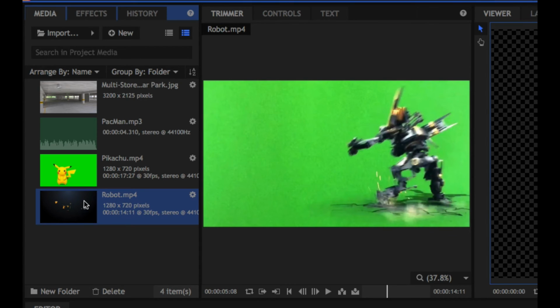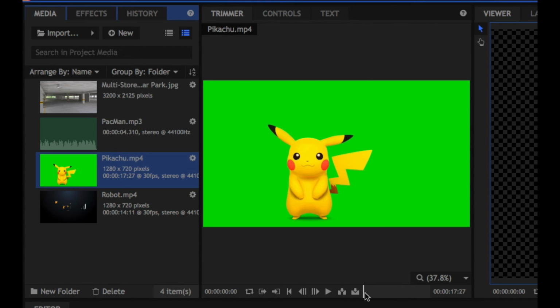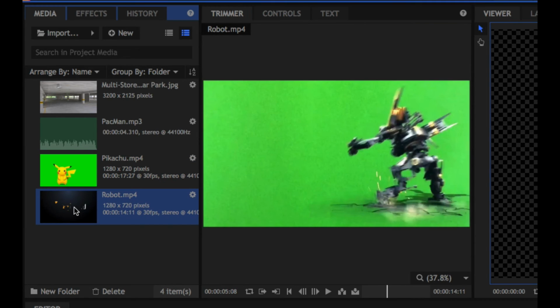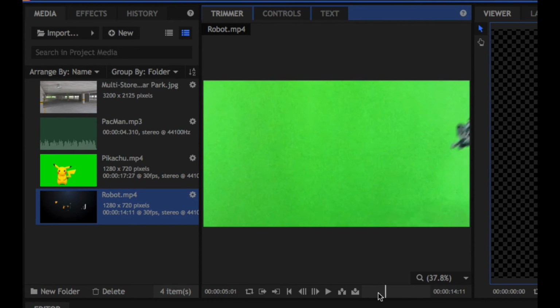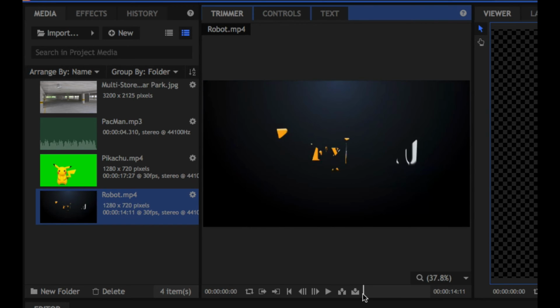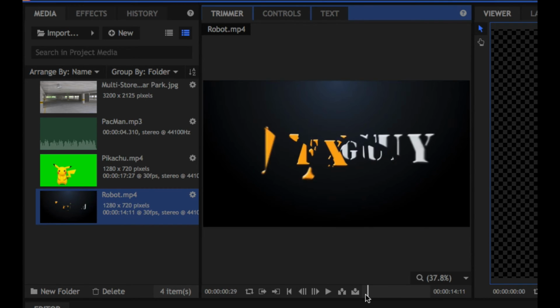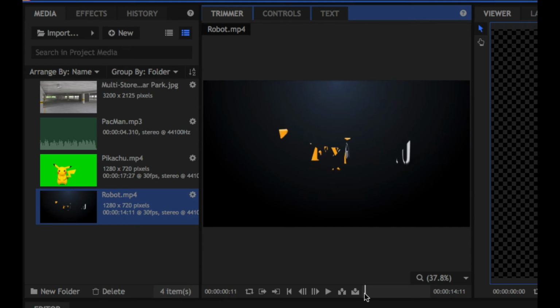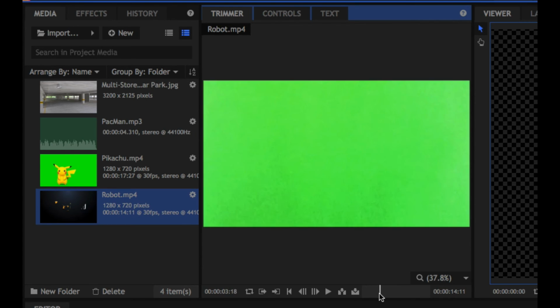Alright, so the Pikachu clip here is good to go already. It's just a plain video clip with no extra stuff that we need to chop out. The robot clip though has got some titling at the start that we don't want to include when we use the clip. So dragging my scrubber along here until I get to the start of the clip at this point,